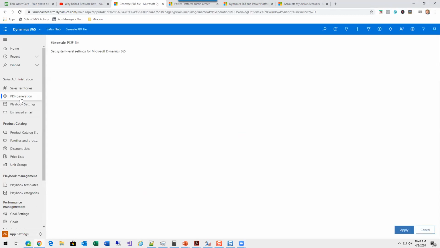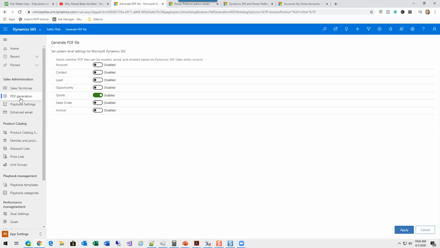Here's another one, PDF generation. Does anybody know what this is? This is new. Nobody? So this is shipping. So basically this is the ability to automatically convert a Word or a document template into a PDF from the menu. So you literally turn it on, hit apply,